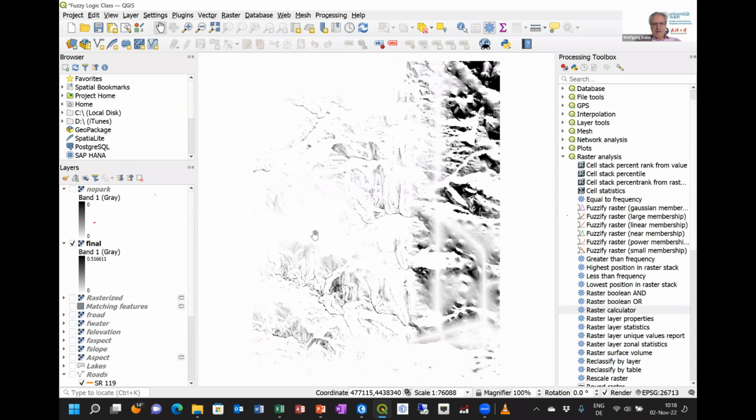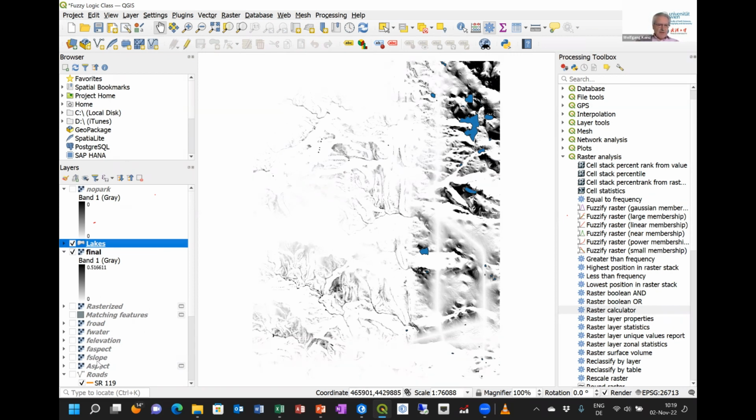And here we have a lake. I can see if I can move a lake up here. Let's move the lakes up, display the lakes. So you can see here the lakes, and near the lakes you have high membership values, and when I display the roads,